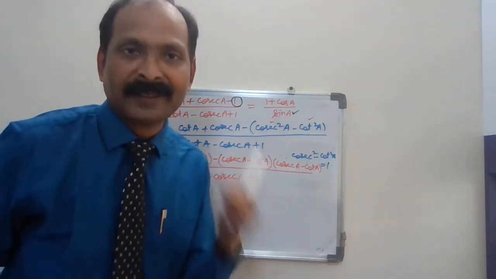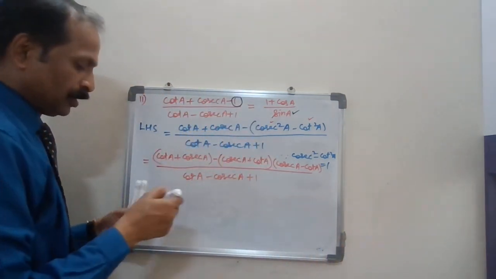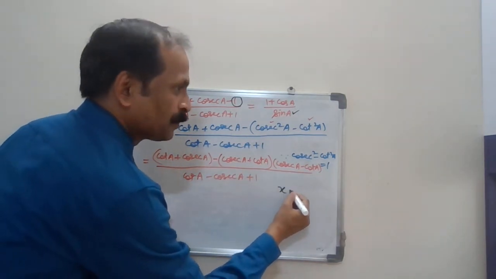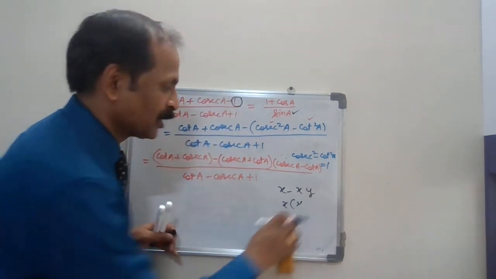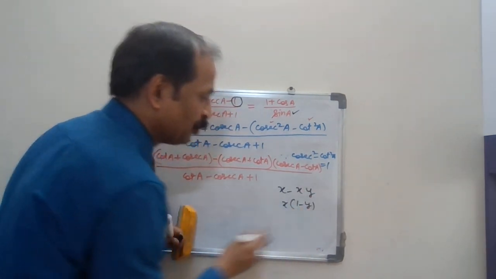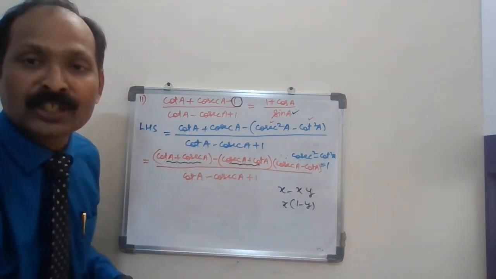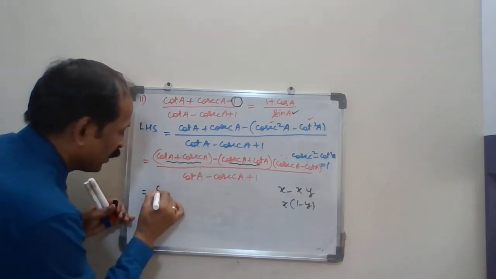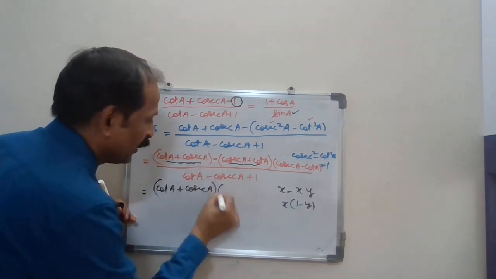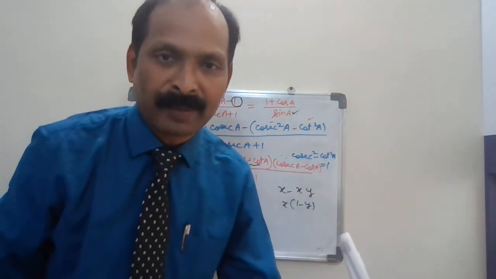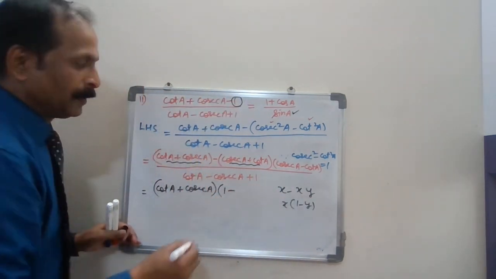Don't touch the denominator. The trick here is don't touch the denominator. We'll get rid of that. Now, it's like x minus xy. You can take x common, so the answer will be 1 minus y. So this is my x and this is here also, so I can take this common. I am taking cot A plus cosec A as common, and when nothing remains, 1 remains. As I told you here, x has gone, so 1.